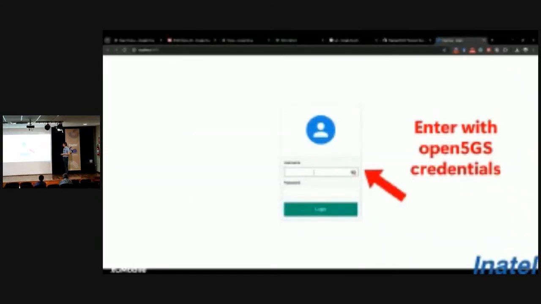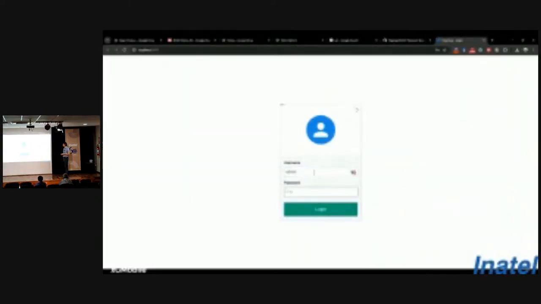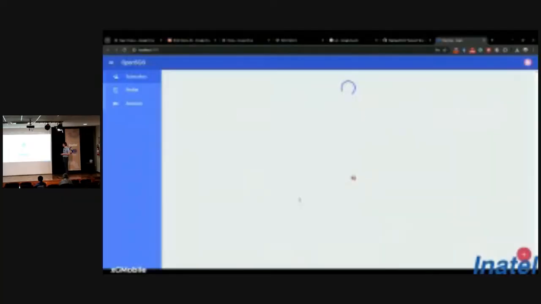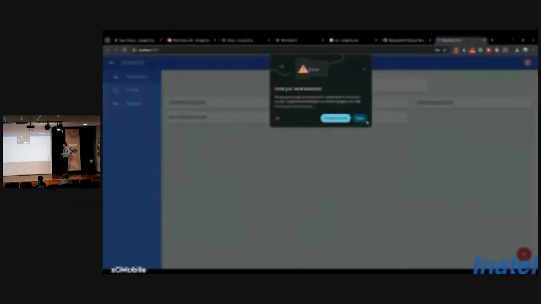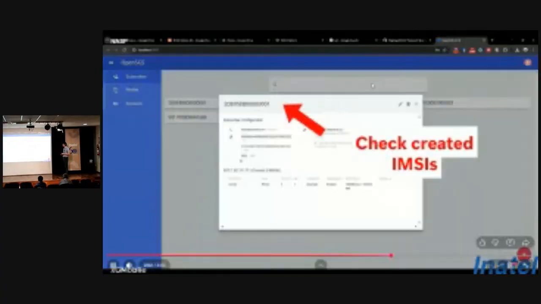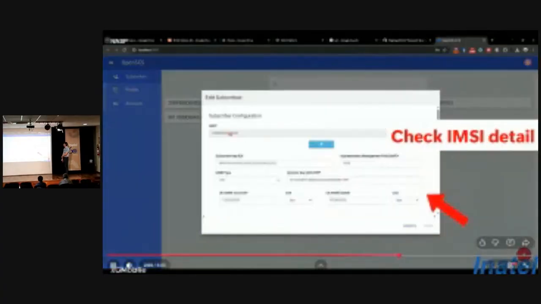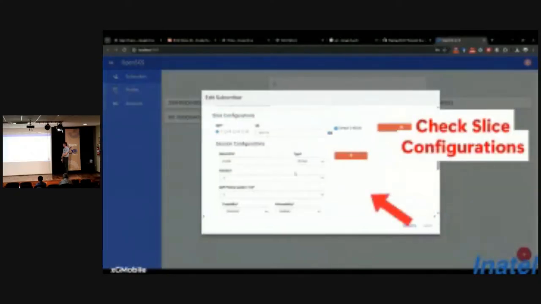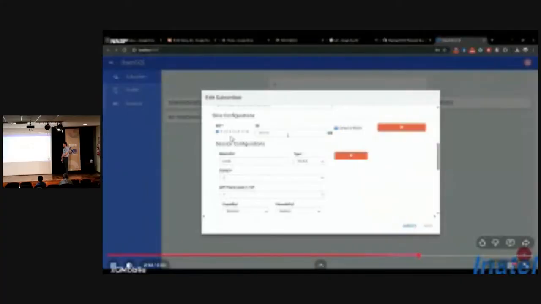I will open 5GS to check if this was created. I have these UEs that were created using NASP. The information that was there is the slice, everything. So this demonstrates that NASP is integrated if you open 5GS.